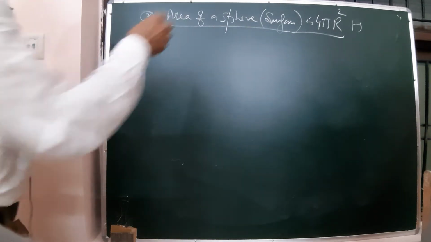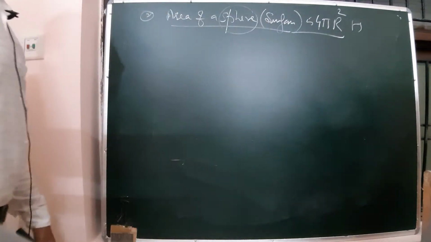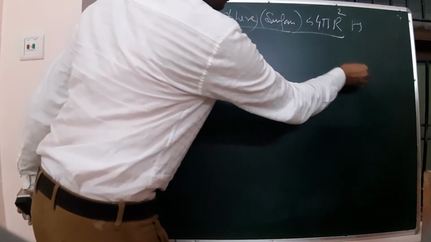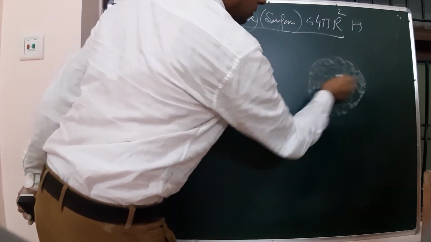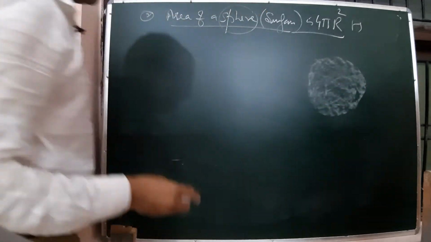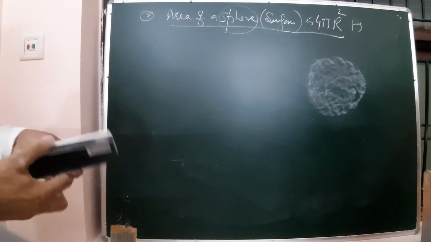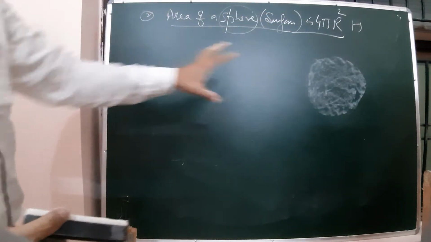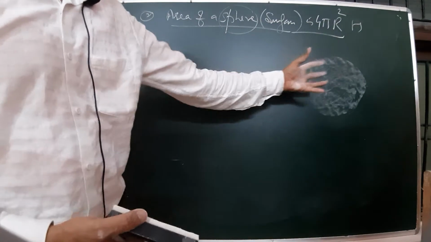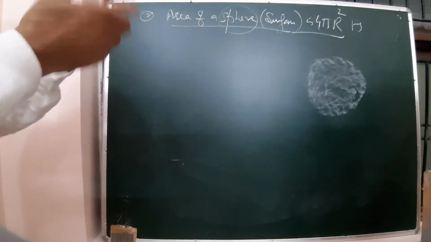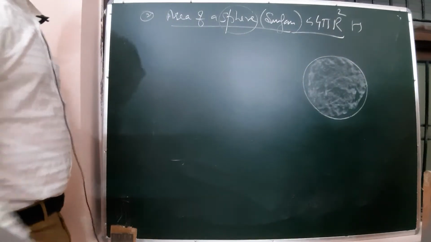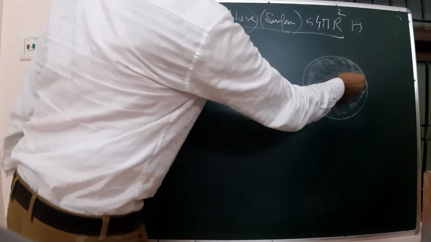So you know that sphere is a 3-dimensional body. Now I am drawing here, this is a sphere, it is not a circle. So the difference between circle and sphere is, circle is 2-dimensional, it is lying on the board, but sphere is not lying on the board, it is vertically upward also, just like a ball, football. So this is sphere. We have to prove the area of this spherical surface is